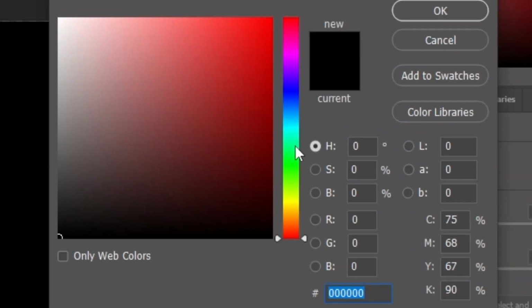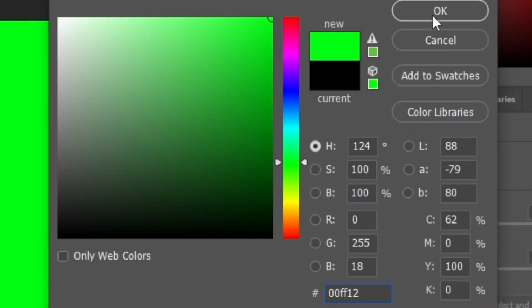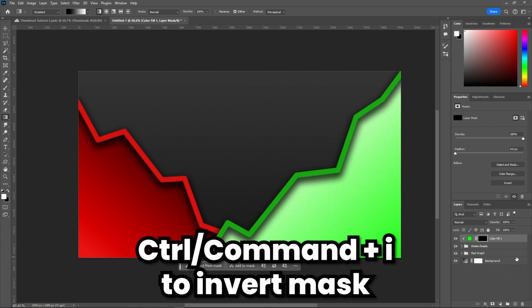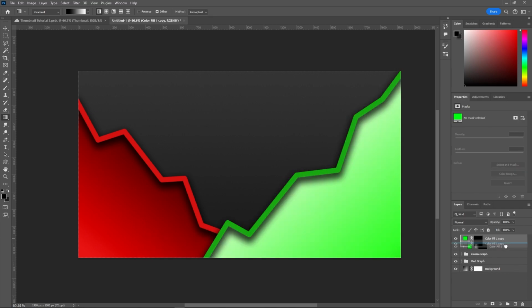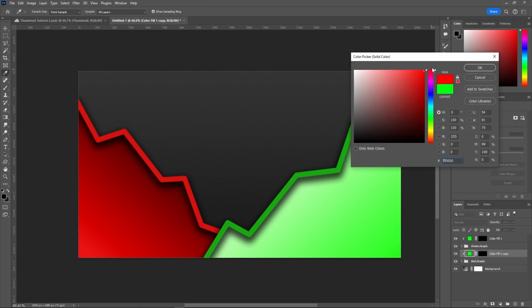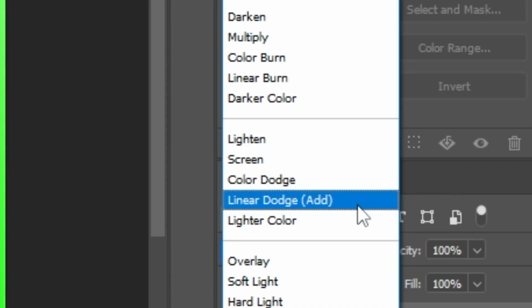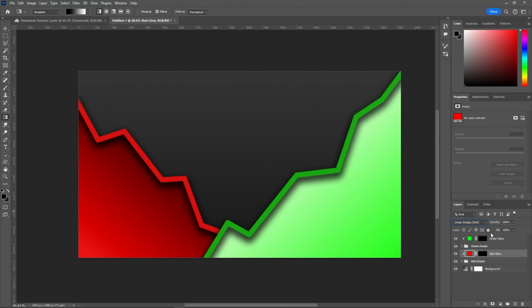Once that's done, above the green graph you can add a solid color and set it to a bright green, and then on the mask, hold Control and invert it. Then we can press Control J to duplicate this and just drag it on top of the red layer and set the color to a red. On both of these glow layers, change the blending mode to linear dodge add, because that gets the best result